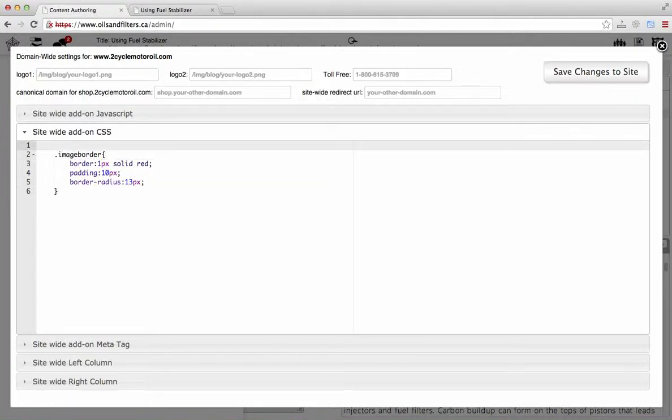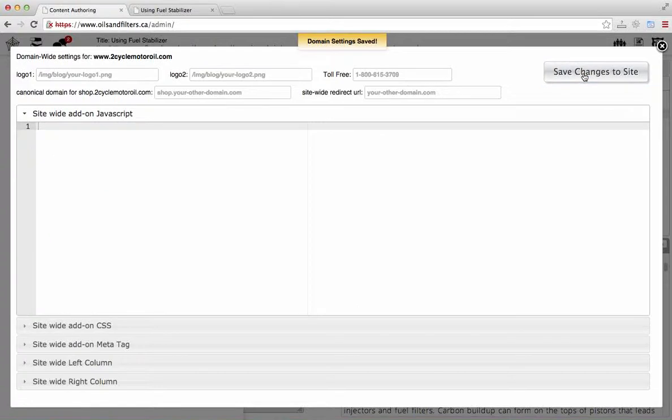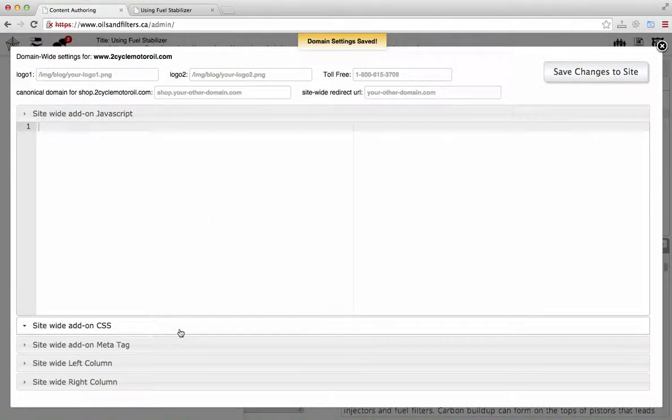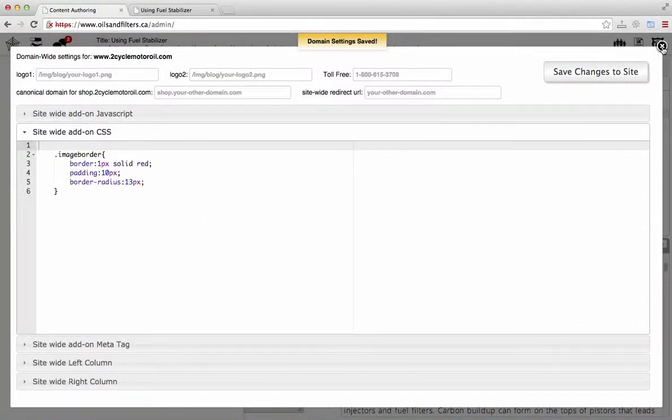As I mentioned before, you don't have to add, or you should not add the style tag here, because the contents of this editor is added to a style sheet, to the master style sheet of the site. So we'll just go ahead and save this. So after saving, you can check it, it's still there. Close it,